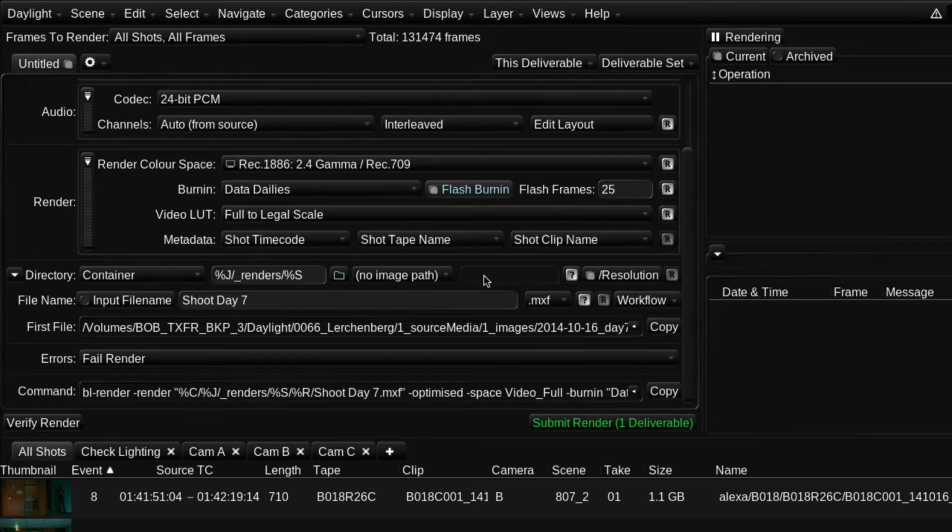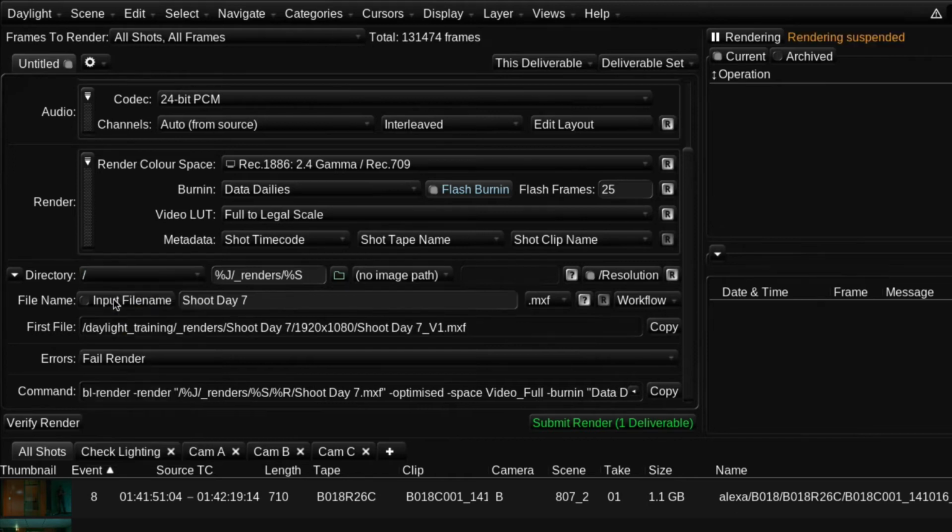First of all, I can change the output location to be something other than the scene container, which, if you remember, is the root path to all the source footage. I'll change it to the system root. Now the output path is being set primarily by this preset template. The %J is a special code which is replaced in the output path with the current job name.